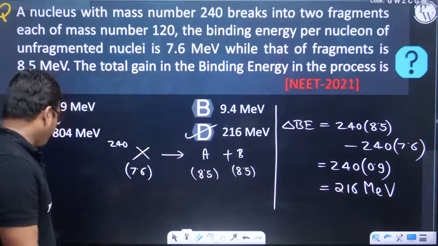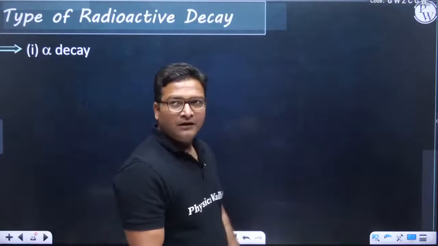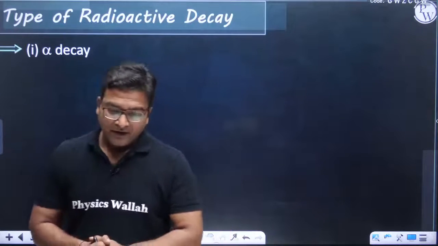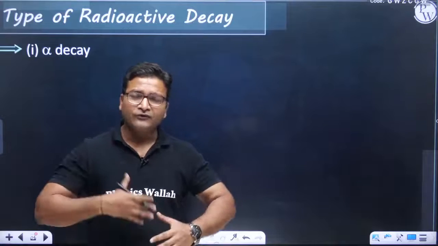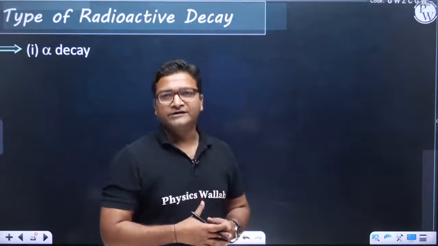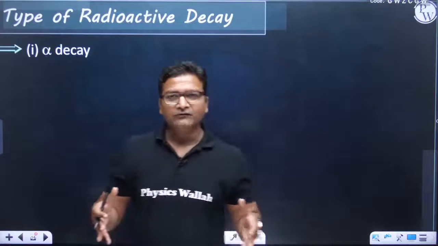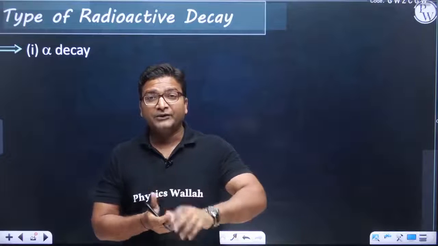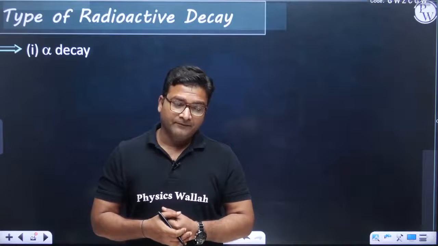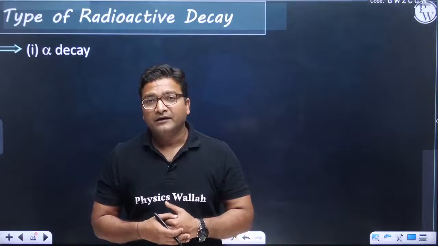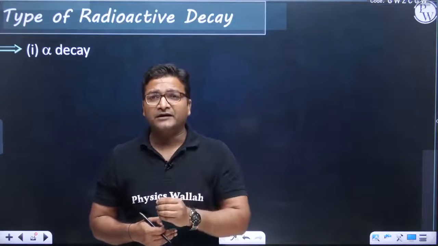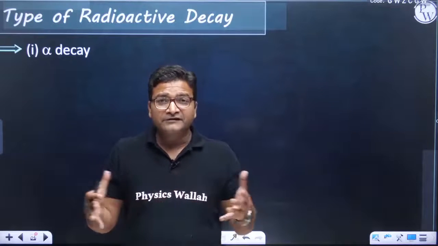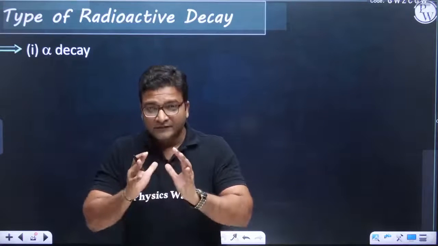Okay, let us see what we have next. So now we have types of radioactive decays. Till now we have seen there are 2 types of methods in which particles achieve stability: one is the fission reaction and one is the fusion reaction. But there are other methods also, and one of them is radioactivity. Many nuclei emit elementary particles like alpha particles, beta particles and gamma particles, and by emitting these particles they reduce their energy and gain stability.